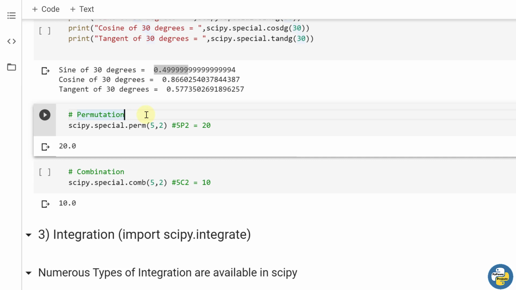scipy.special.perm will take two arguments, that is 5P2. So what is 5P2, for example? nPr is n factorial upon n minus r factorial. So 5P2 is equal to 20. I have to pass 5 and 2 as arguments and it will return 5P2, that is 20, as